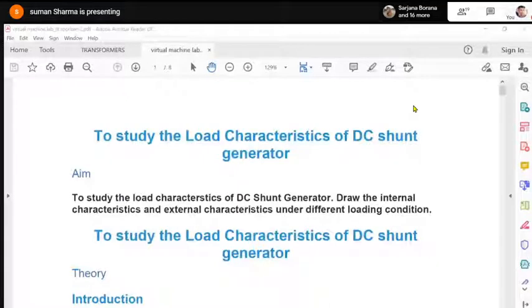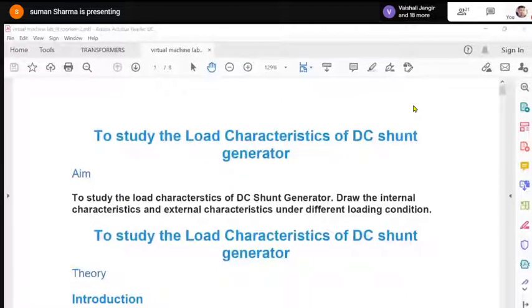What is armature reaction? It is the demagnetizing effect: when armature current flows, armature flux develops. The armature flux will demagnetize, meaning reduce the main flux. That effect occurs only when armature current is flowing. When will armature current flow? Whenever you connect the load. So whenever you increase the load, the armature reaction effect will be more and therefore the generated voltage will be reduced. The generated voltage will be lower than the EMF generated at no load condition.